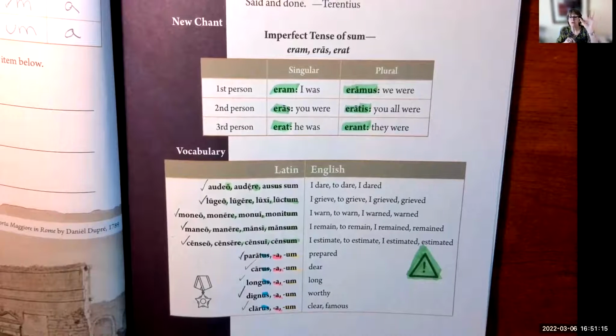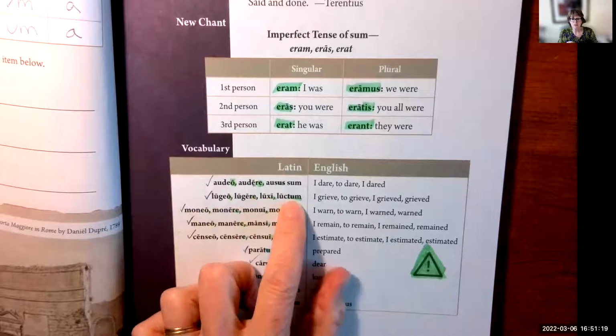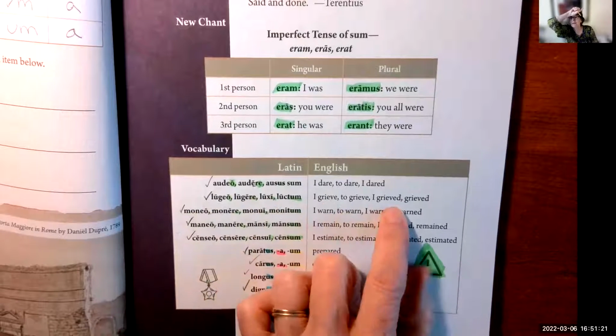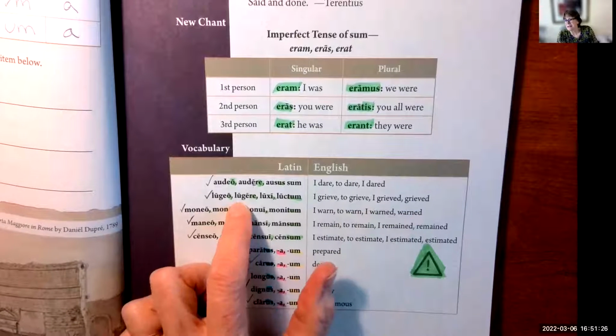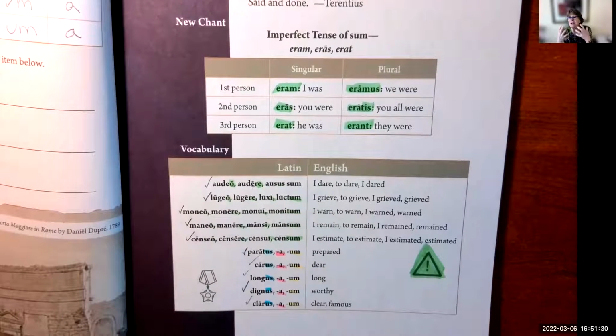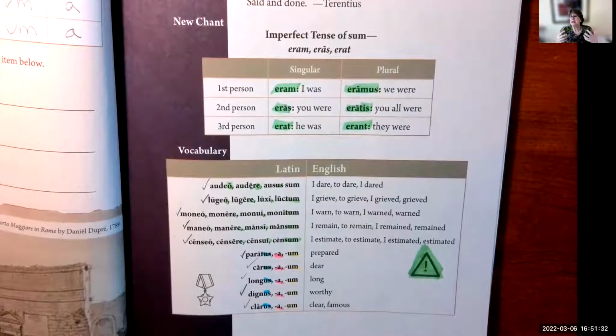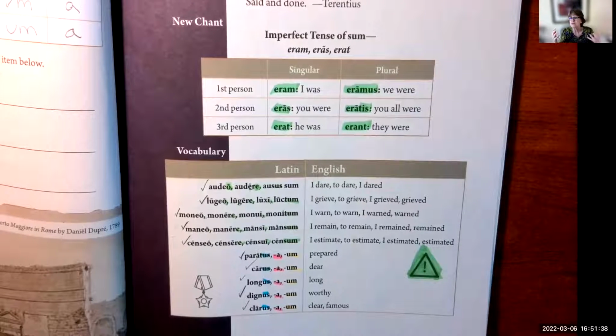Say them verbally out loud. Okay? Lugeo, lugere, luxi, luctum. I grieved, to grieve, I grieved, grieved. This is our derivative lugubrious. It's an English word. And it means grieving, like you can't be comforted, like the women in Lamentations, right? That their children were killed and they're just so sorry and sad.